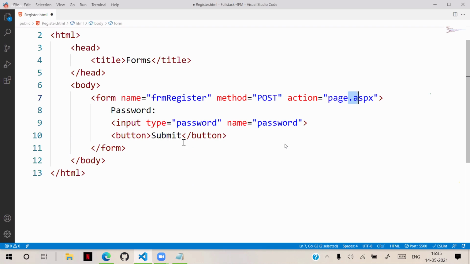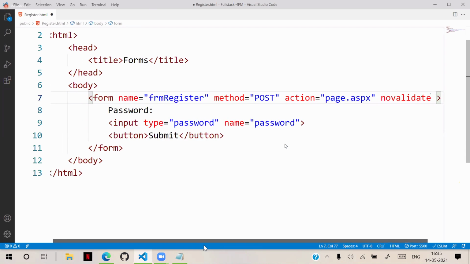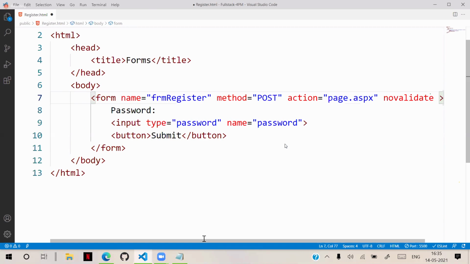Another important attribute for the form is novalidate. This is new in HTML5. Novalidate, because HTML5 has default validation.